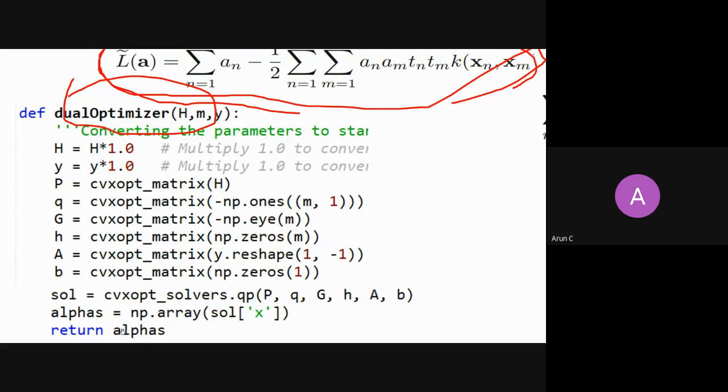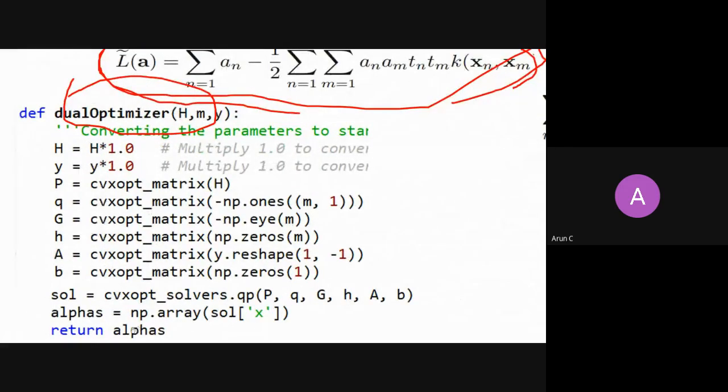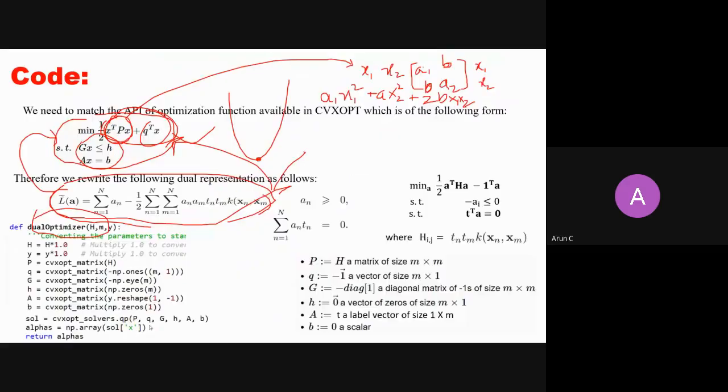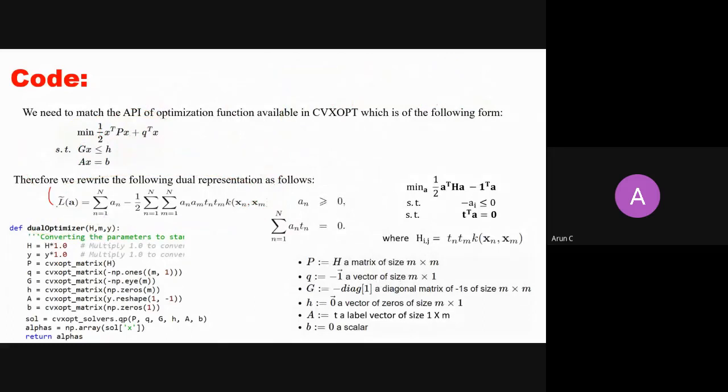So then you can get this alpha here. This is a vector. Oh, I accidentally just found it out. So this is alpha here. If you send the parameters to this library, it will return the vector of a's, which is alphas here. So alphas is nothing but a vector of a, which is n by 1. So just to connect everything now, this was my dual representation with these constraints.